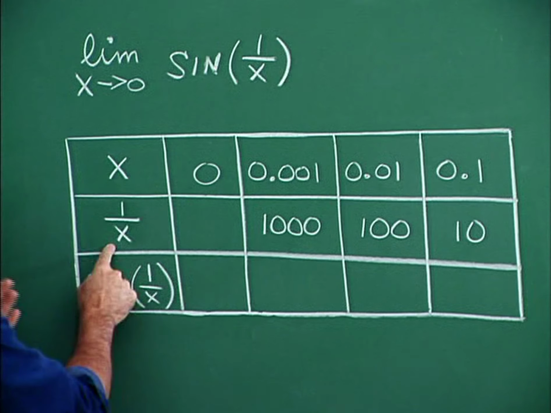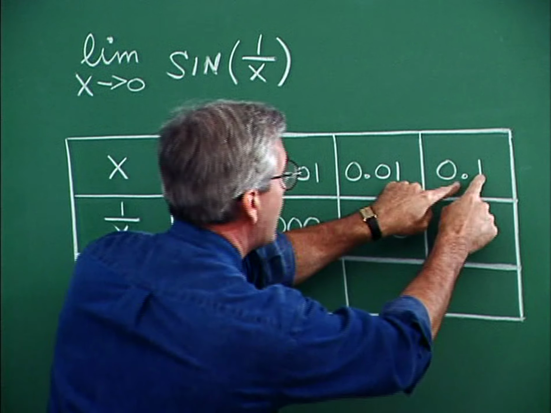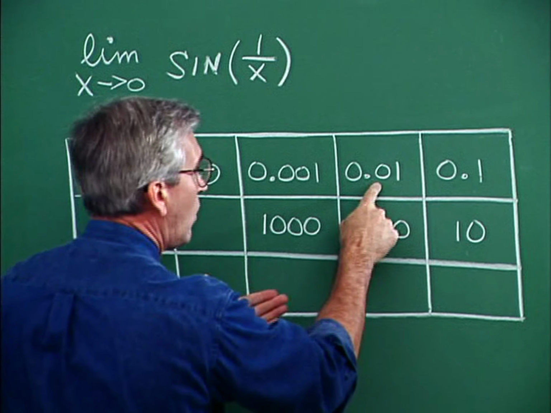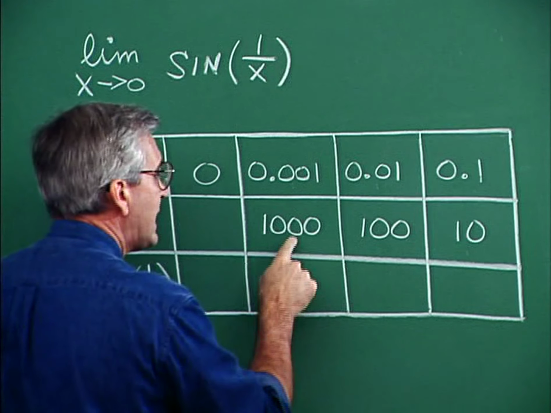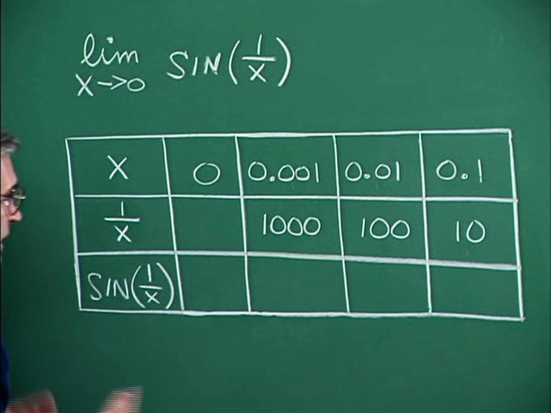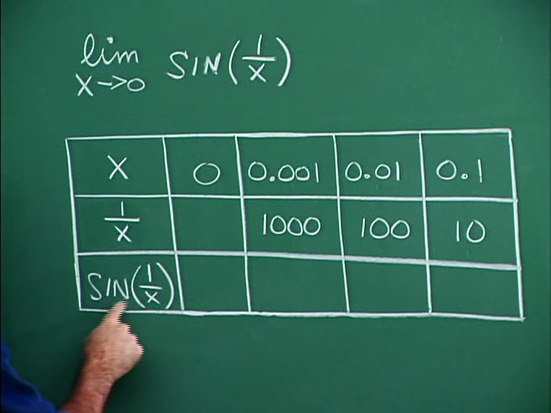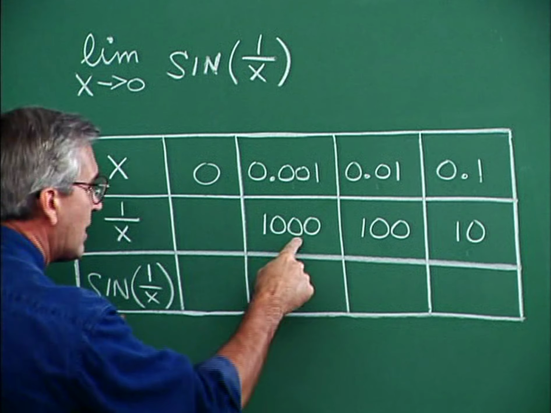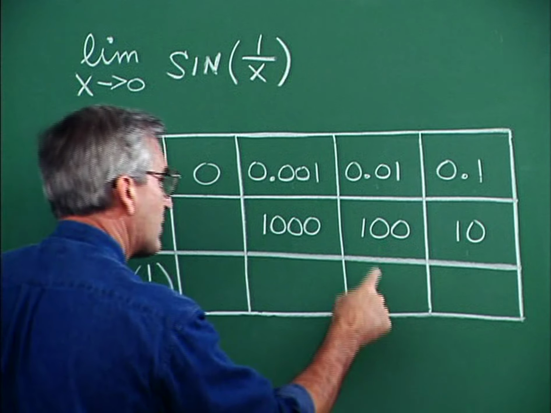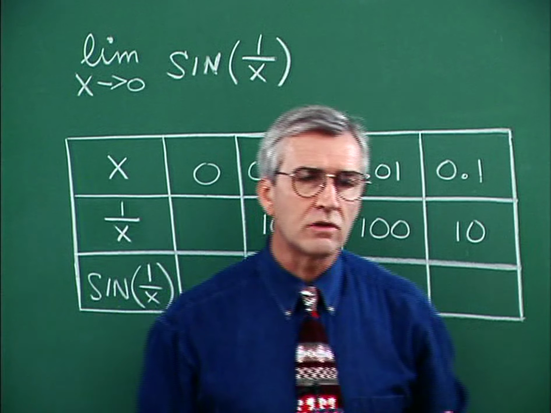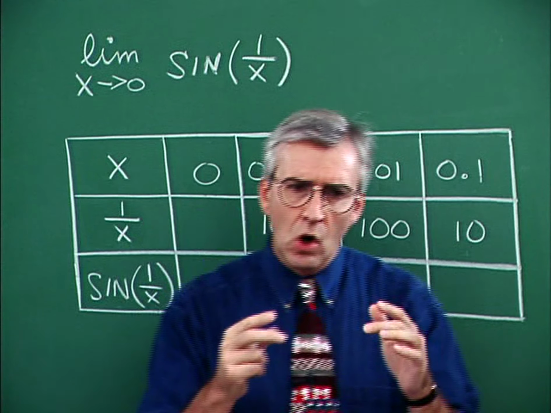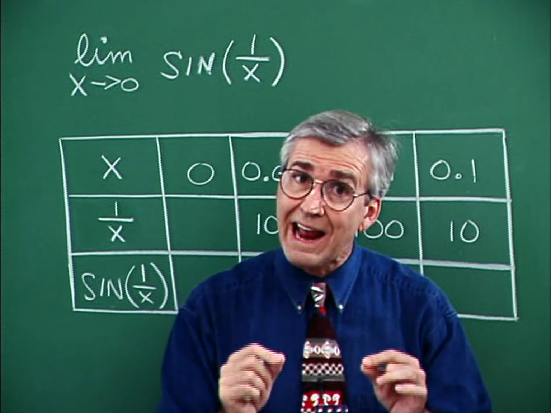Well, 1 over x, the reciprocal of 1/10 is 10. The reciprocal of 1/100th is 100. The reciprocal of 1/1000th is 1000. Now, it's pretty easy for us to take the sine of each of these numbers. The sine of that number is a value. The sine of this number is a value. The sine of this number is a value. But think more in terms of what's happening with the graph